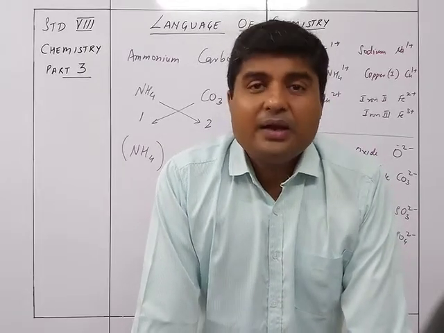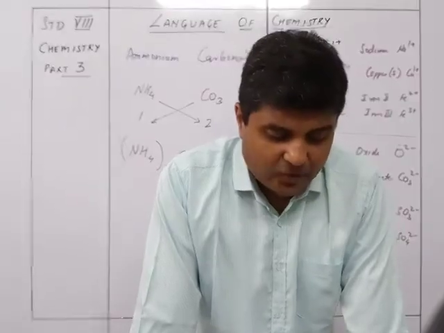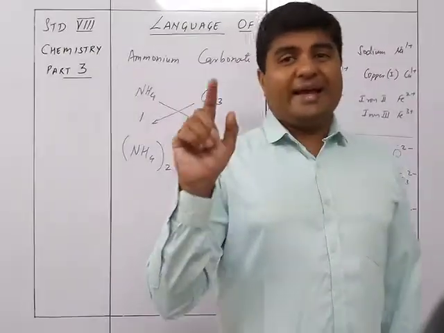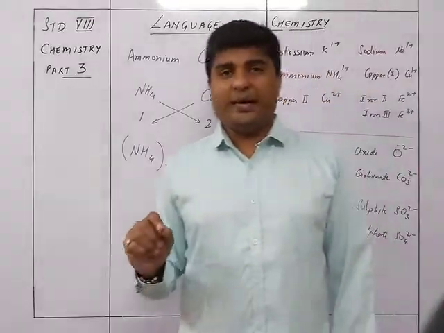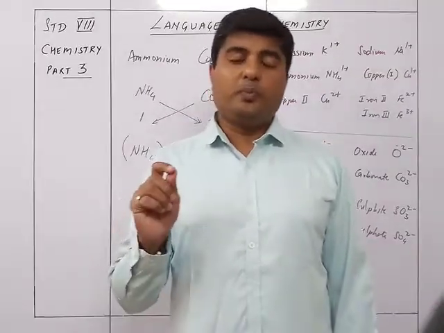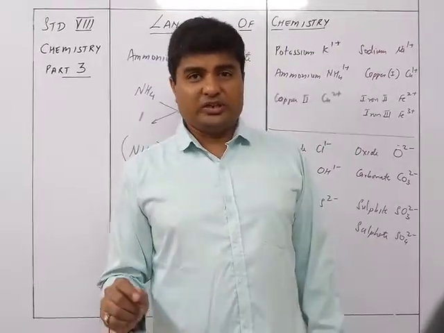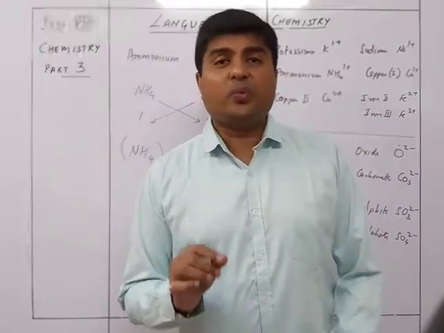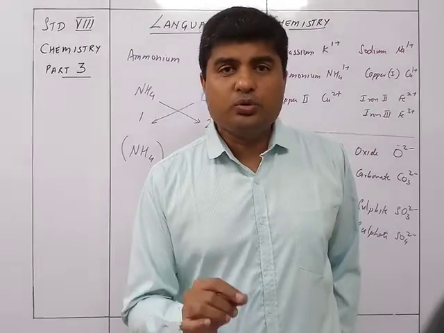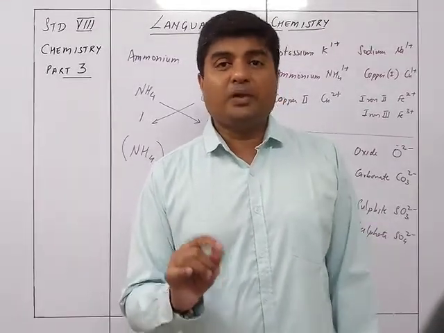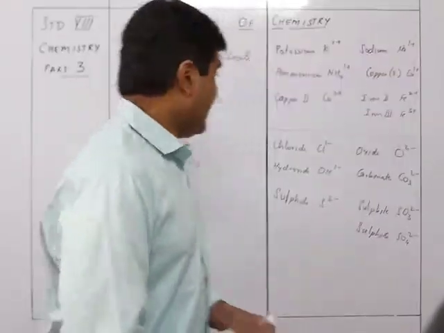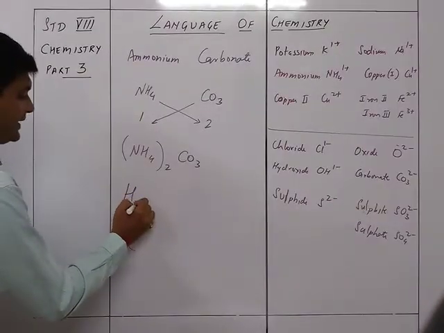For example, over here, hydrogen will never be only H. Whenever I have got any equation where hydrogen is going to be used, then hydrogen's symbol will not be H, it will be H2. Okay, hydrogen will always be H2,